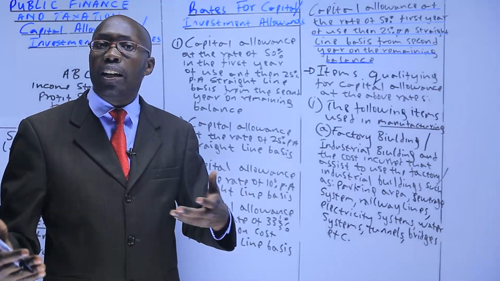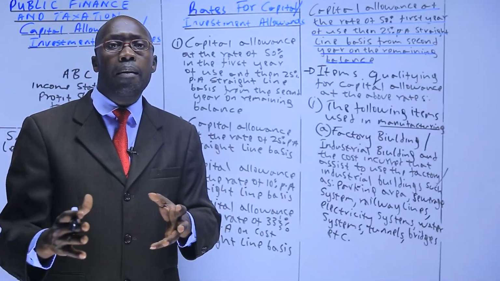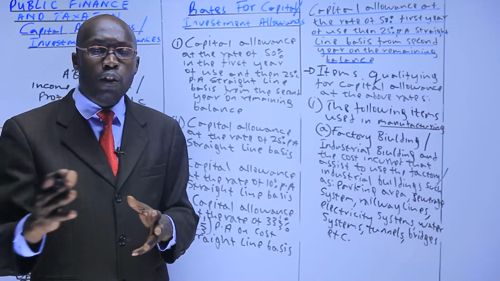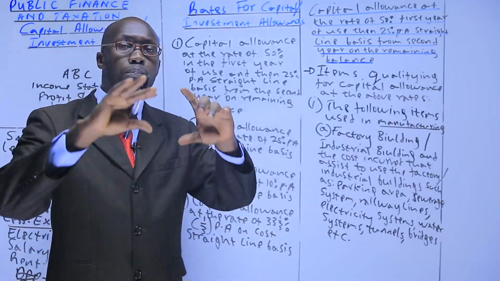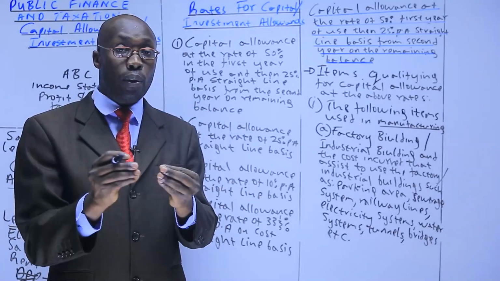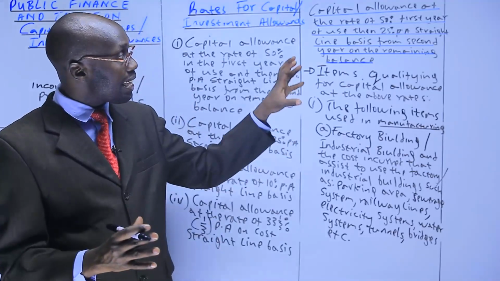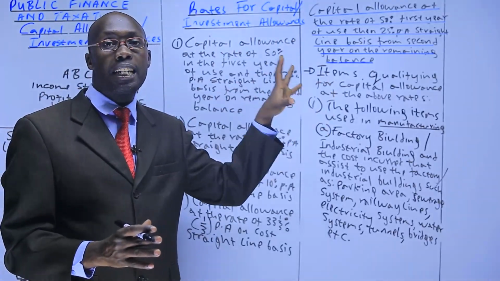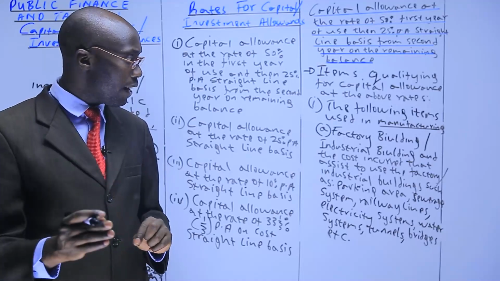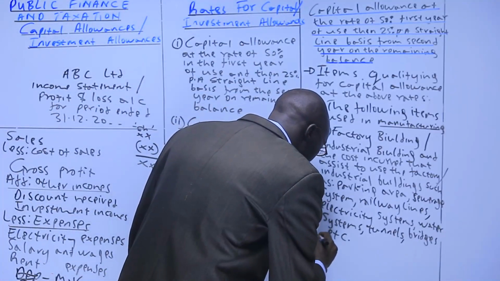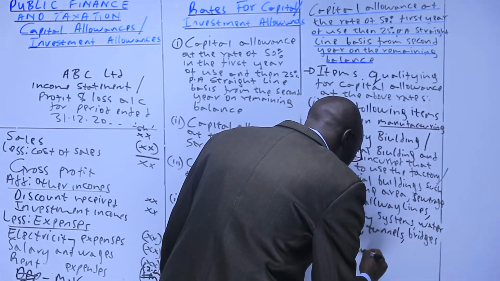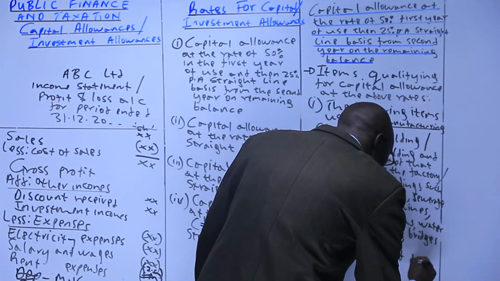There are some factories which are usually connected through tunnels so that they can allow people to move from one part of the factory building to another part of the factory building, or from one factory building to another factory building. Others normally have bridges connecting them. All this is for the purpose of using that particular factory building. All those costs, when they are incurred, we normally give them the capital allowance at the rate of 50% in the first year, then 25% per annum straight line basis on the remaining balance from the second year. That is number one under manufacturing. Number two under manufacturing, B. We have the machine used in manufacturing,